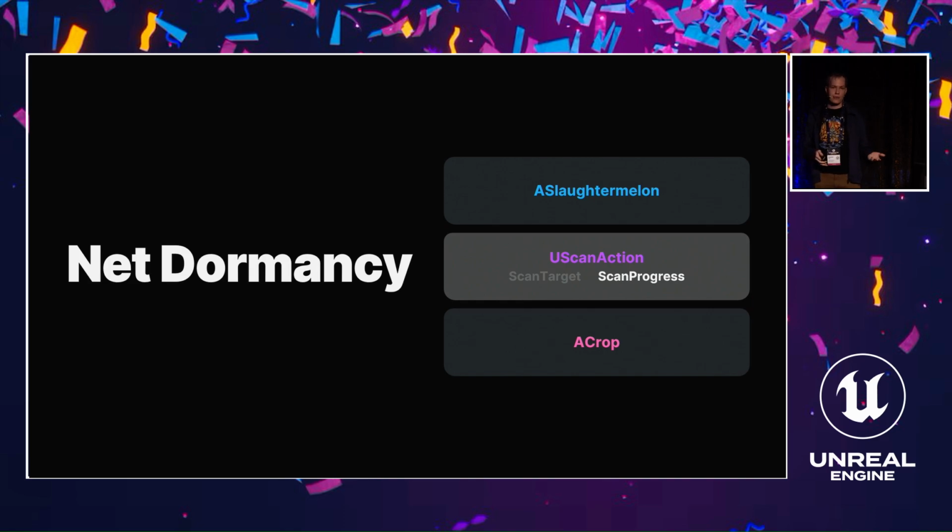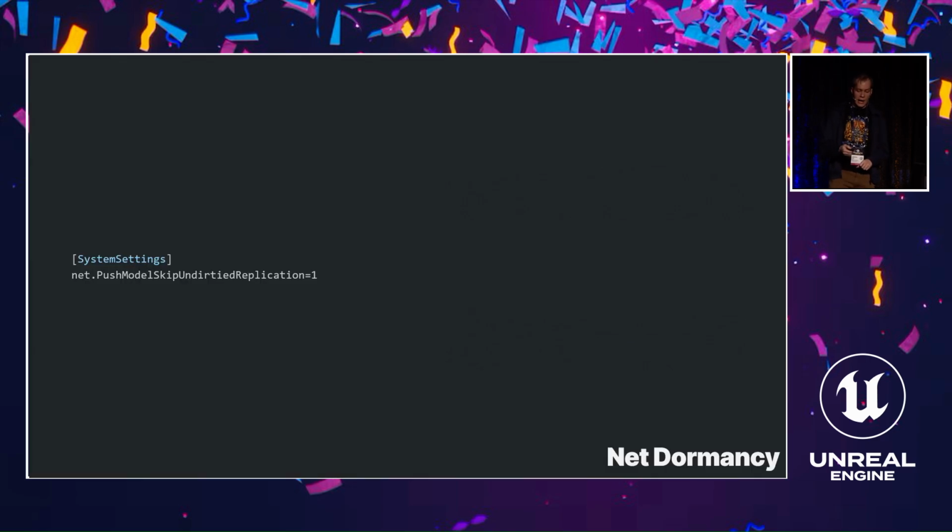If we tell 900 of them to go to sleep, not only have we saved a lot of processing, but we have saved a lot of memory as well. I should point out before I go any further and explain what net dormancy is,